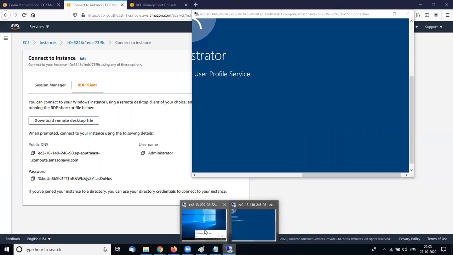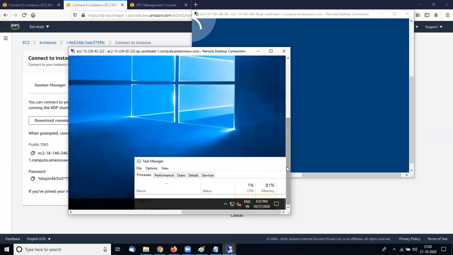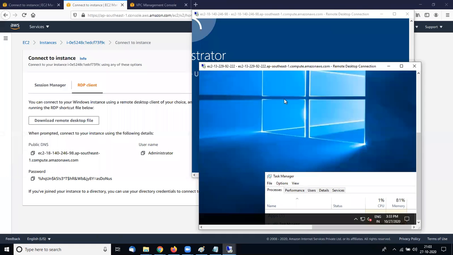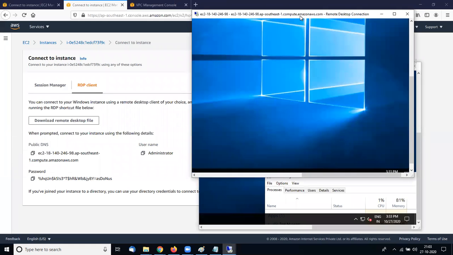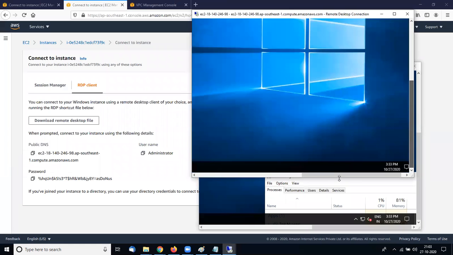In my second RDP I have 1% CPU utilization right now. So I create a background process file to utilize my CPU fast.